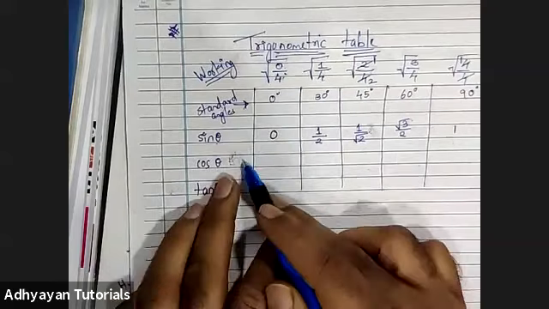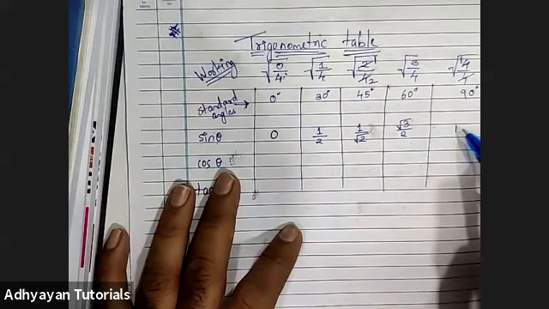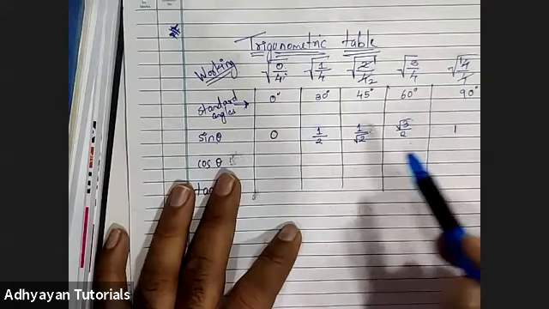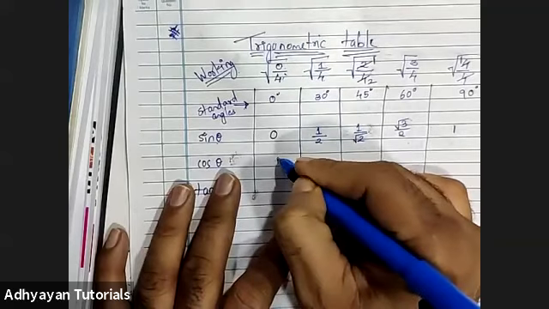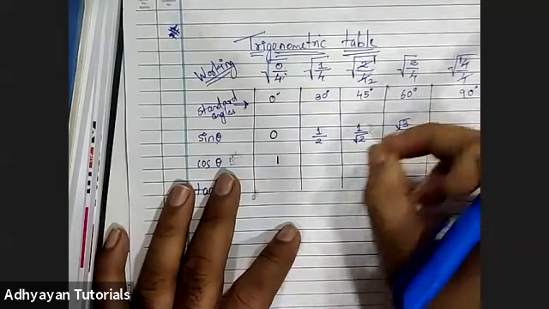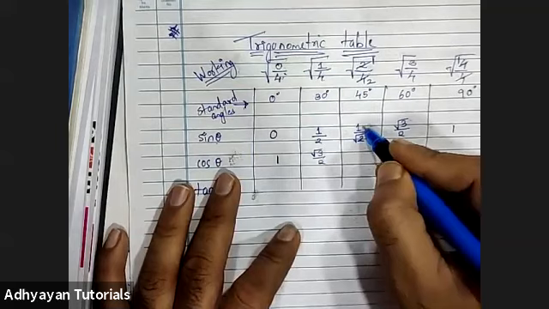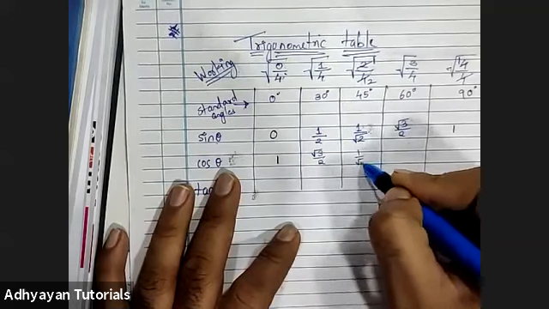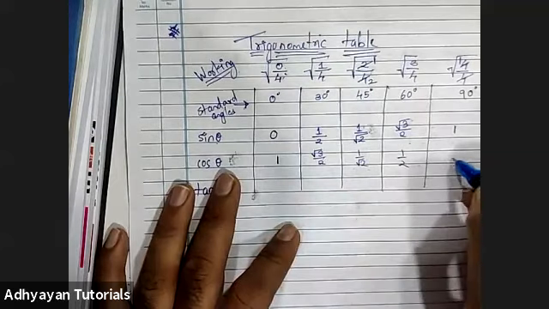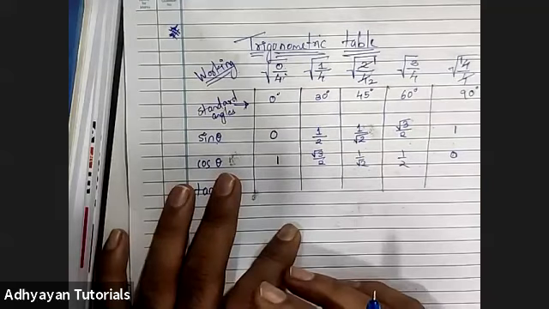Now for cos theta, what do you have to do? You just have to catch hold of this value. Catch hold of 1, you place it here. Okay, catch hold of 1, you place it here. So I've just kept 1 here. Now catch hold of root 3 upon 2 and just place it here. Just catch hold of that and you can place it here. Now place it here, and half is supposed to be placed here. 0 is supposed to be placed here. I hope you people observed what I did.